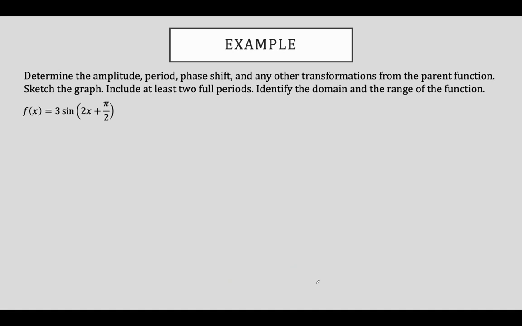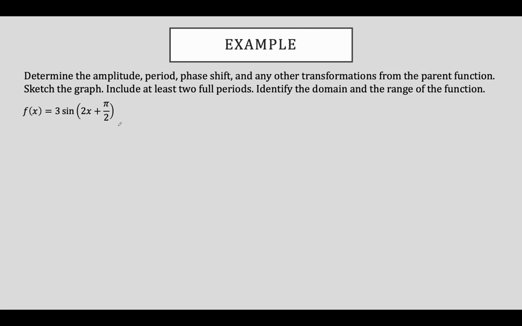Determine the amplitude, period, phase shift, and any other transformations from the parent function. Sketch the graph, include at least 2 full periods. Identify the domain and range of the function. All right, so f of x is equal to 3 times the sine of the quantity 2x plus pi over